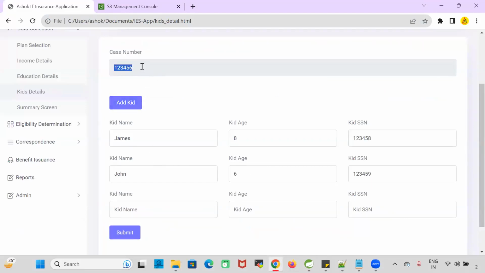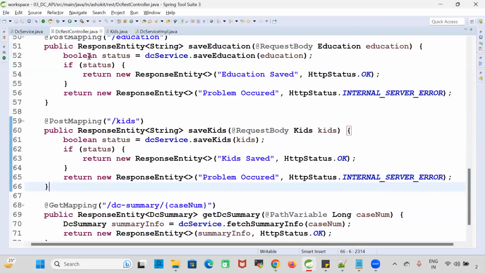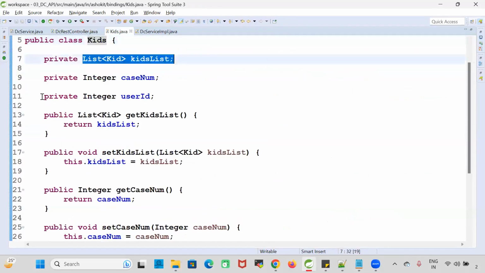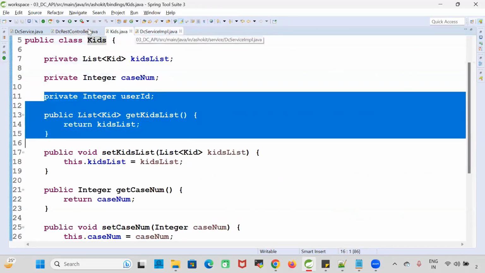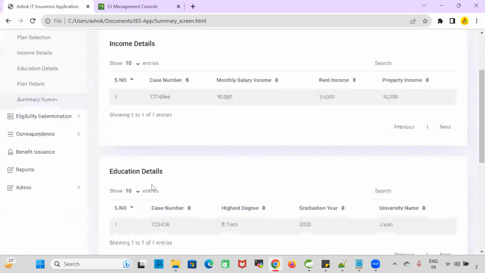One case number, but one citizen can have more than one kid. That's why, if you see the binding class, there is a list of kids available, the case number, and the creating user. We capture that information from the UI and save the kids in the database. Once the kids data is saved in the database, we need to get all the information we have saved previously